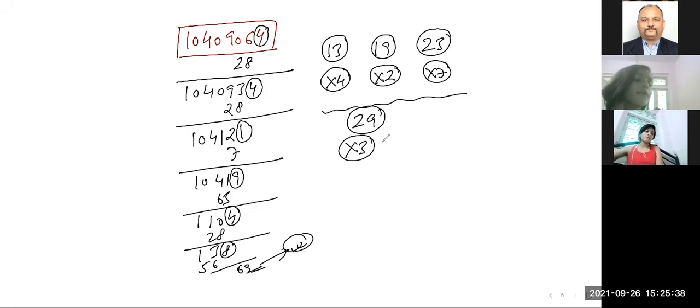And remember, I have made the group only for those where we are having the process of addition. Understood? Because in 17 we were in the process of subtraction. So I'm not writing 17 in this list. I'm writing only those numbers which have the addition process. Is it clear? Yes.